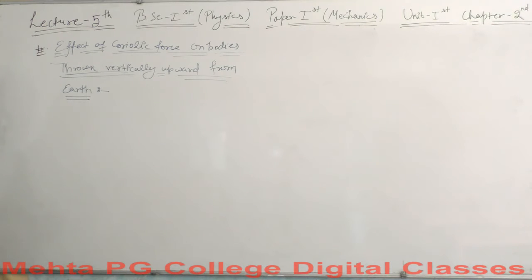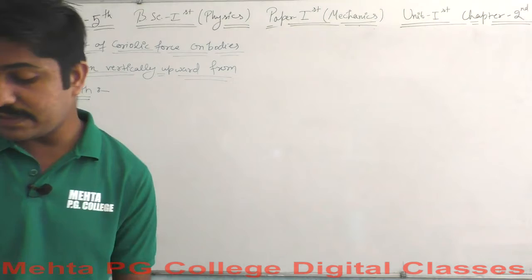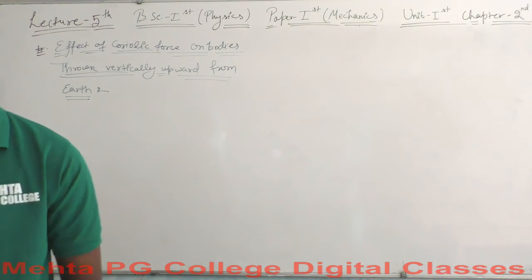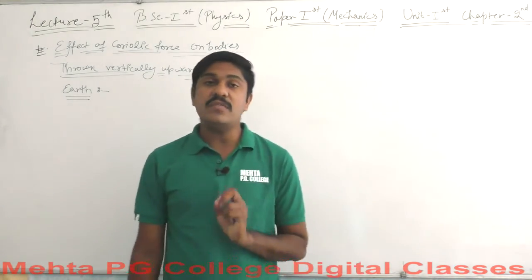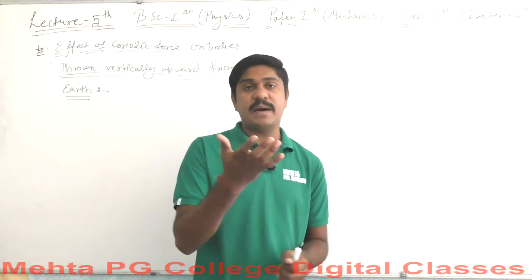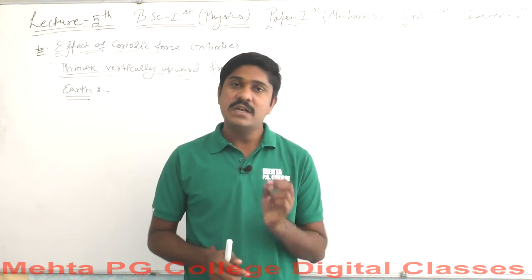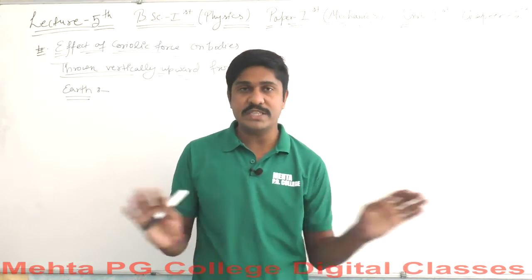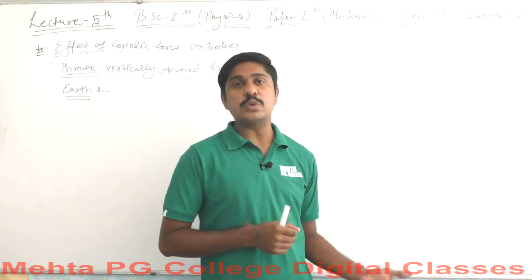Okay, so let's find out the effect of Coriolis force on the bodies. We will use the results which have been discussed for the previous topic, and then we will combine them together, and let's find out a new concept here. This time the initial velocity will not be 0. You need some amount of velocity to pump up the particle. So the initial velocity will certainly have some value. This is the only difference from the previous concept. And for the downward falling case, it will be all the same. We will use the results only. We do not go through the whole calculation that we have gone through for the previous topic here.